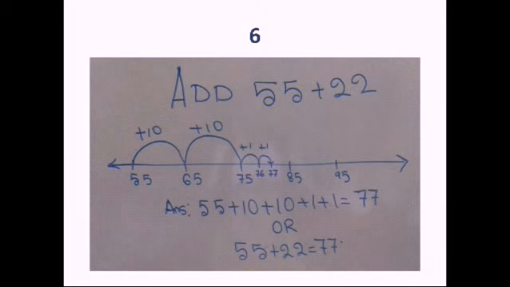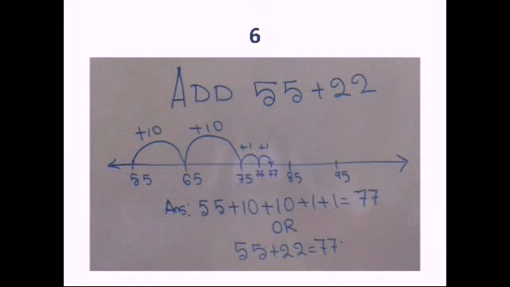So now let us take 10 jumps each time from 55. So 55 plus 10, 65, 65 plus 10, 75, 75 plus 10, 85, 85 plus 10, 95. So we have drawn the number line. Now 22, again I am saying, 22 means 20 plus 2. So from 55 if we add 10, we will land on 65. 65 plus 10, 75. From 75 we have to take 2 more steps because 10 plus 10 is 20.